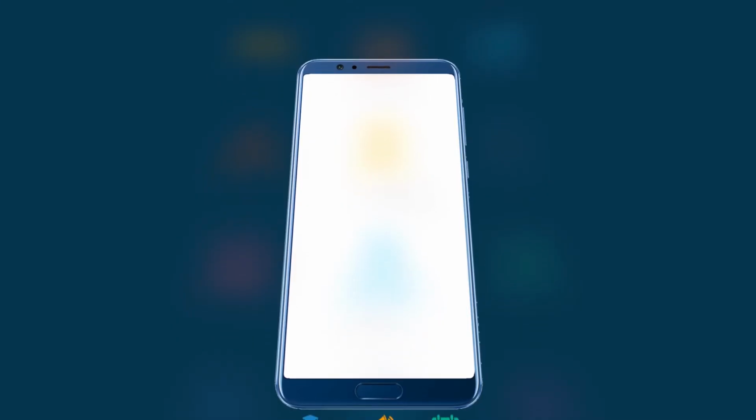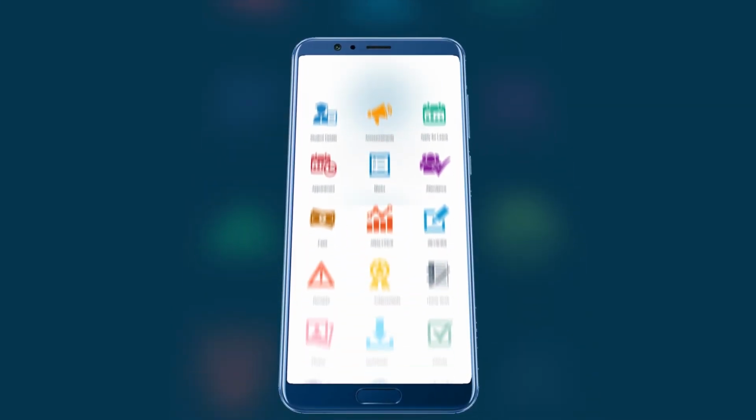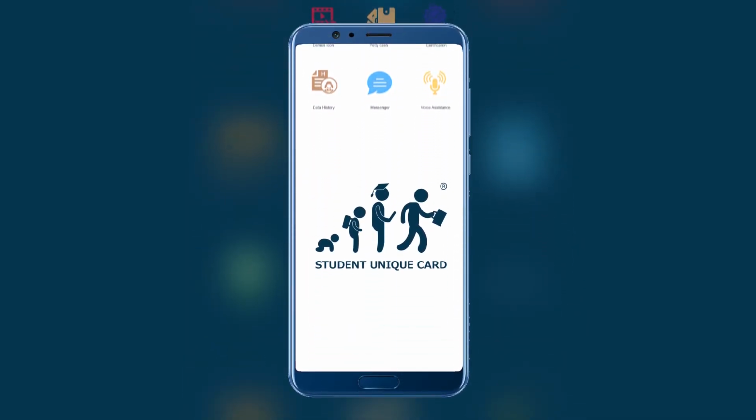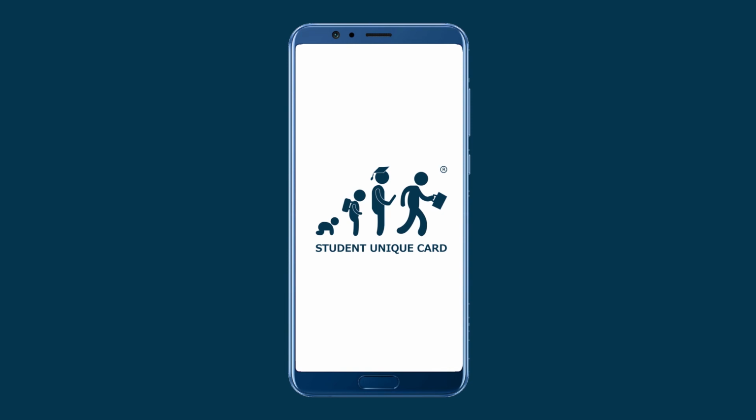And let me tell you something. There's absolutely no charge for this voice call which we do through the Student Unique Card app. These are just the few features that I've shared with you along with the other 25 features that are available on the Student Unique Card app. What you want me to list out? Just have a look at the list of the features that are available and you will realize that this app is making our work life so easy.